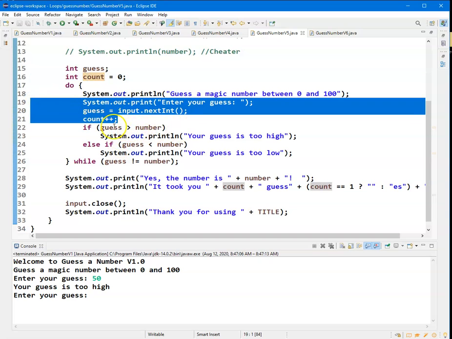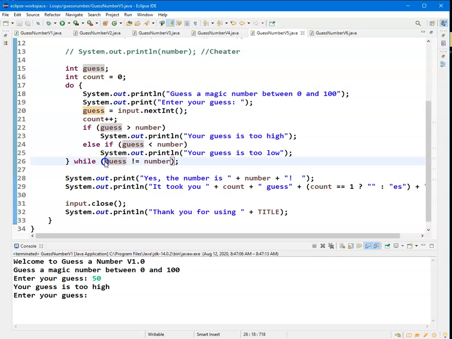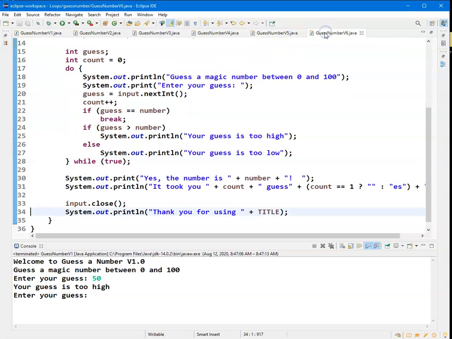And basically, we have the same logic. If it's greater than or less than, we don't check for equals because if you happen to be lucky enough to find it the first time, you're not going to output a prompt, but this while condition will be false. So we exit out at that point. So this is a little better. And the last one is number 6, where,